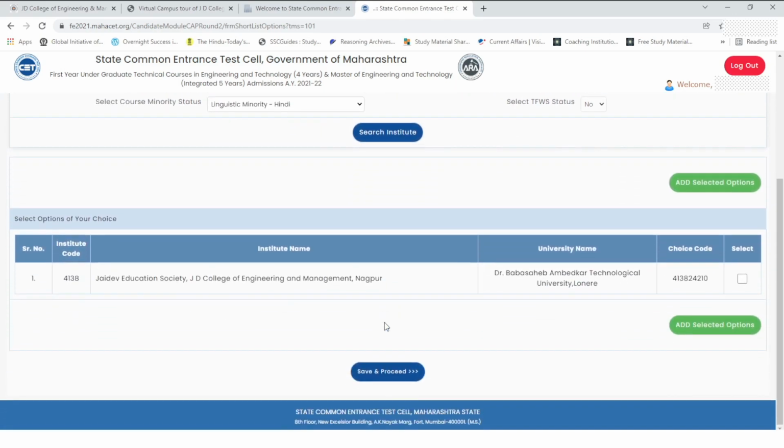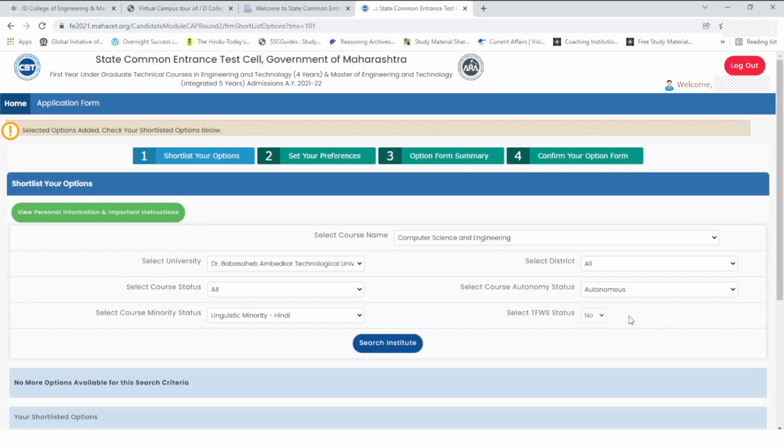So as you can see that JD College of Engineering and Management is the only autonomous college affiliated to DBATU or Dr. Babasaheb Ambedkar Technological University and the linguistic minority Hindi. I'll go ahead and click on this checkbox and click on add selected options.